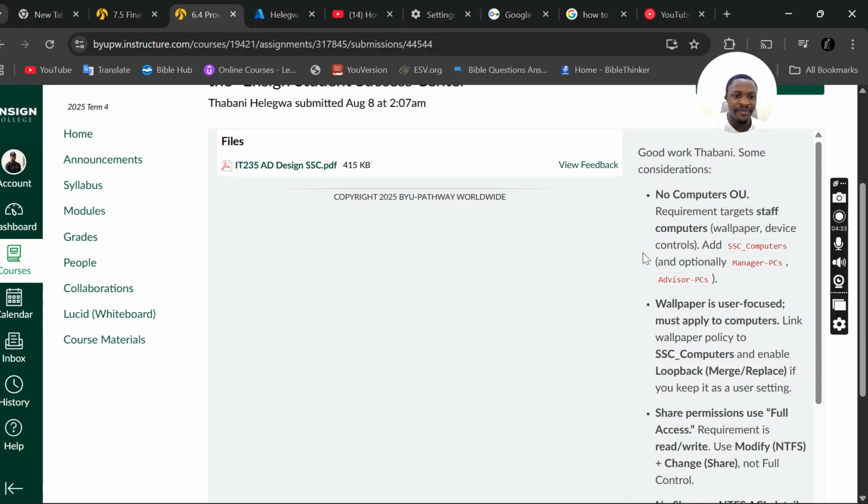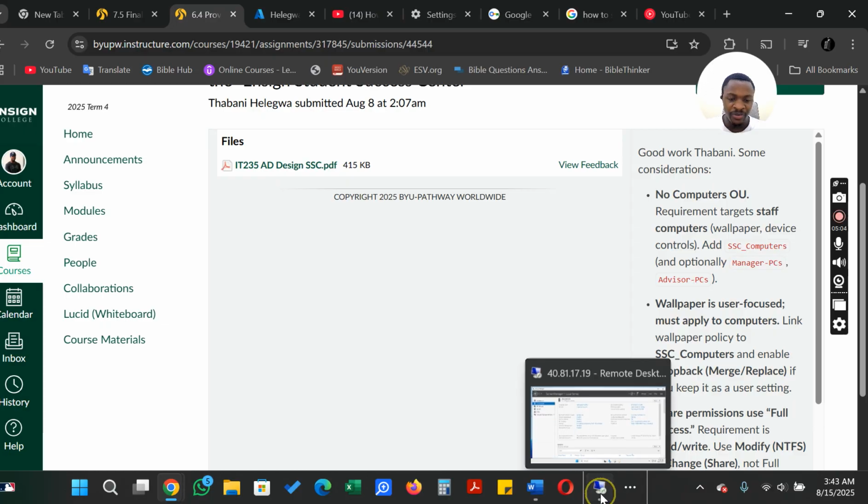He said that I didn't have a Computers organizational unit, which was required for targeting the staff computers with the wallpaper and device controls, etc., and to add those three other sub-organizational units, which you will see when I go over